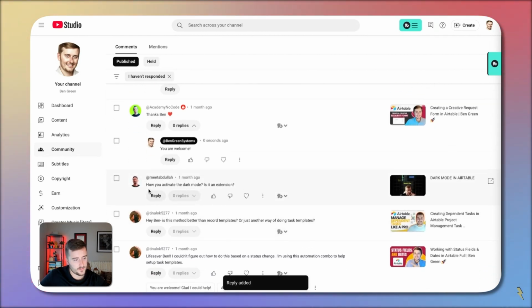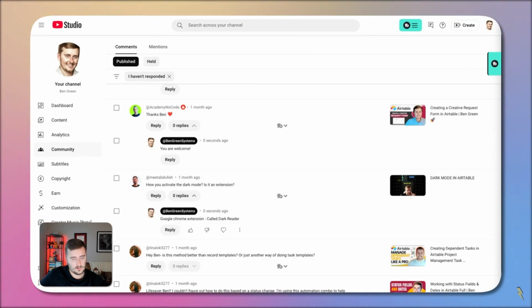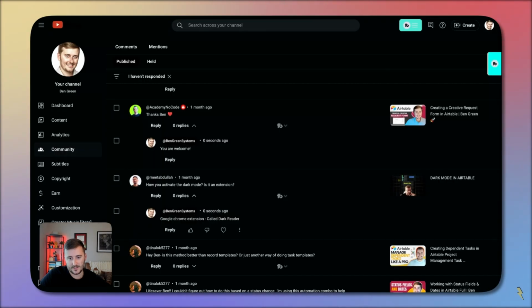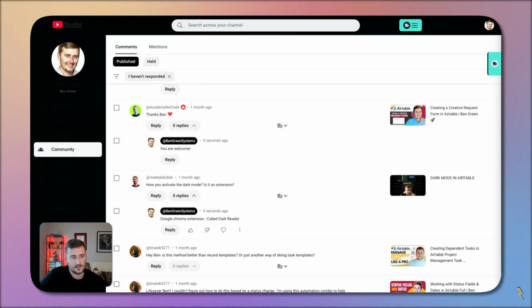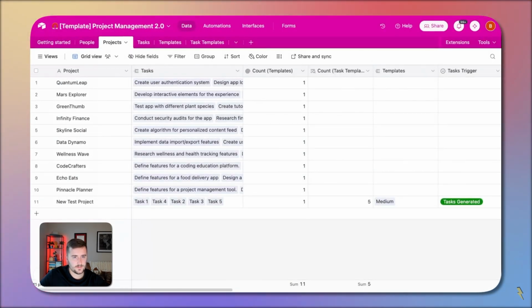How do you activate dark mode? There's a Google Chrome extension called Dark Reader. I'm just going to toggle the Dark Reader on this website, and you see it changes this website to dark mode. If I go back to Airtable and do the same thing here,